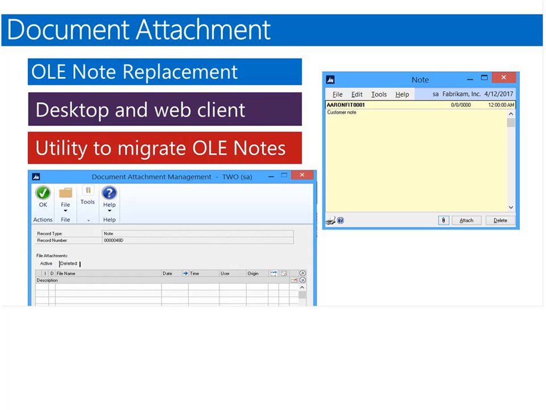So if you look at that screenshot over on the right-hand side where it says Note, that's the note window that we've seen throughout Dynamics GP, where we can add different notes to different things as far as a customer. We can add it to a transaction, to any document. But what we've changed is the attachment down at the bottom. So the little paperclip icon, instead of bringing up the OLE container, it'll now bring up the document attachment window